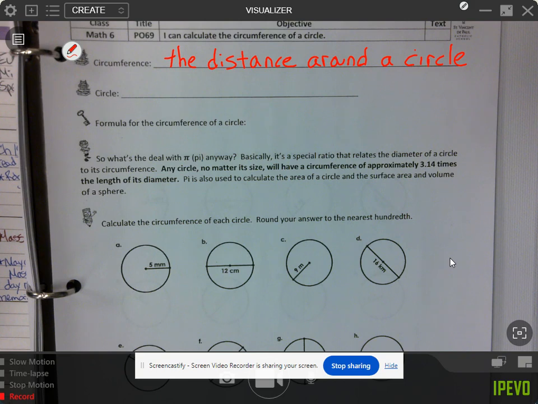So I'm going to give you the mathy definition of a circle. We know what a circle looks like. We're going to really pay attention to the mathy definition, because the terms that are in the definition are going to help us with the circumference and the area formulas. So a circle is the set of all points that are the same distance